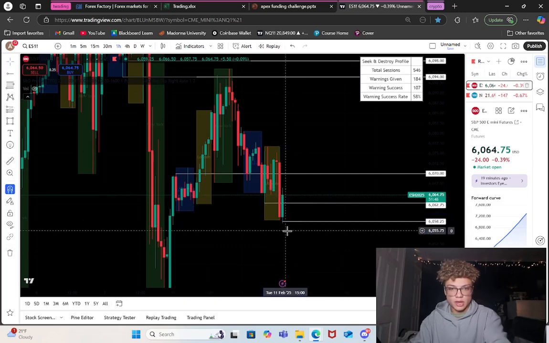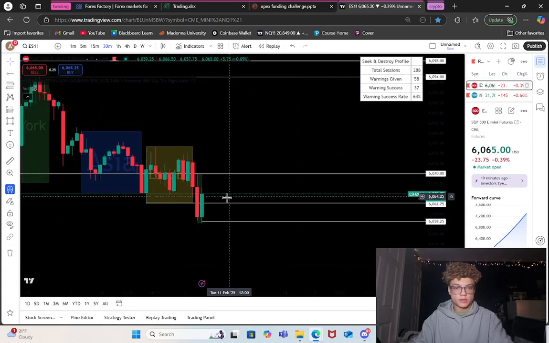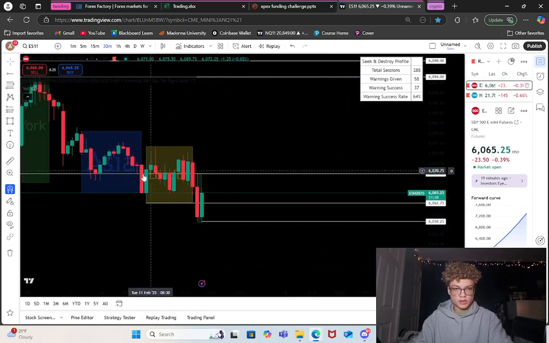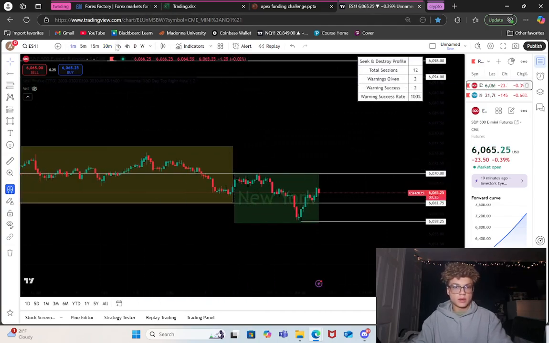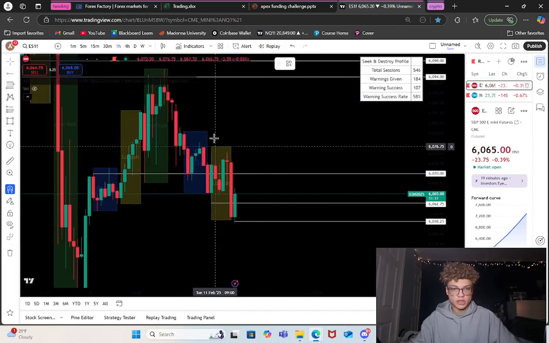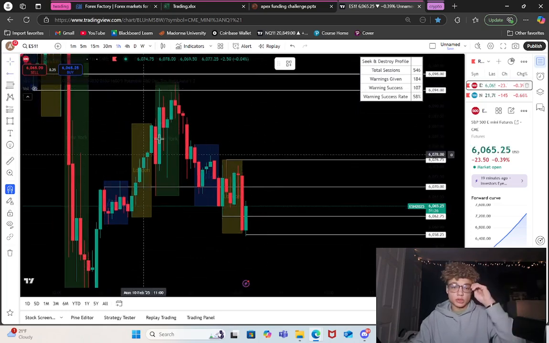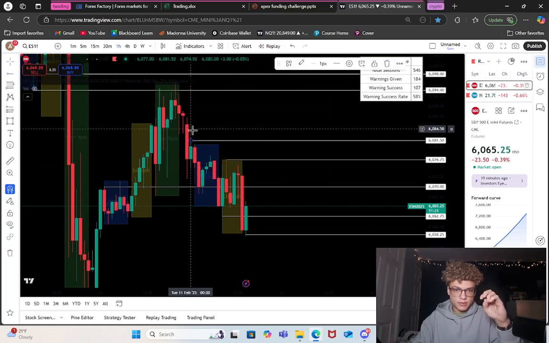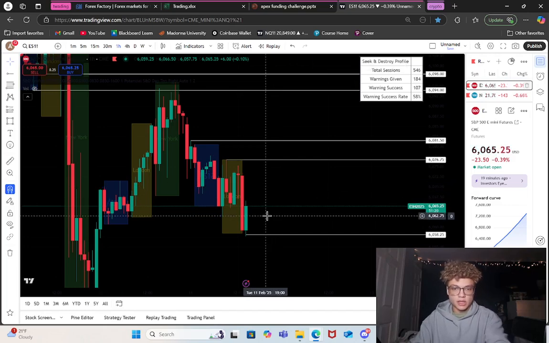I wouldn't really validate that too much. I would like this one, however, if we can drop down to a smaller time frame and just mark the bottom. Look at this. This is a pretty nice order block we're looking at right now if we can get a move up. But overall, the London session didn't give us too much today. Obviously, we see it's very choppy. Asia session was more or less the same way and didn't really do a whole lot. We have some highs here that we can target, but we have taken out London session lows already.